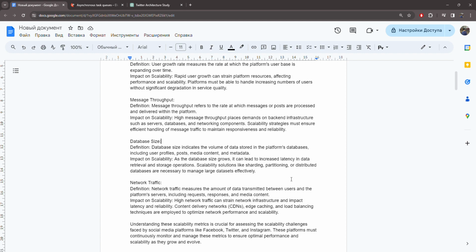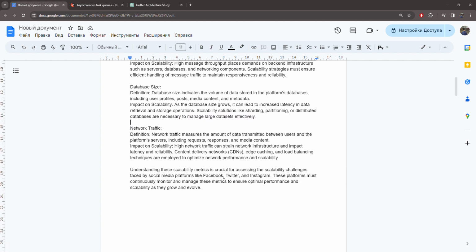For example, I have 20 t-shirts and I want to find my favorite one among them. Now let's look at when I have 1,000 t-shirts instead of 20. Of course, it will take much more time and less velocity. More time. So it is not efficient. Scalability solutions like sharding, partitioning, or distributed databases are necessary to manage large datasets